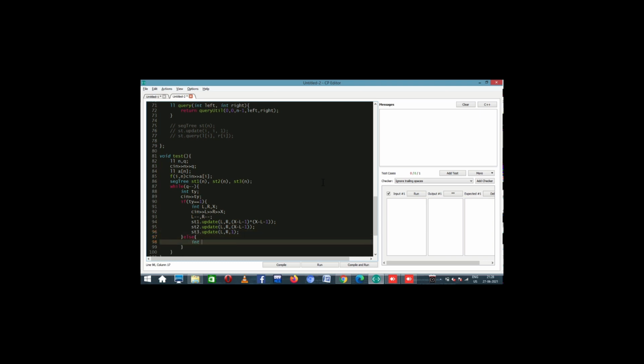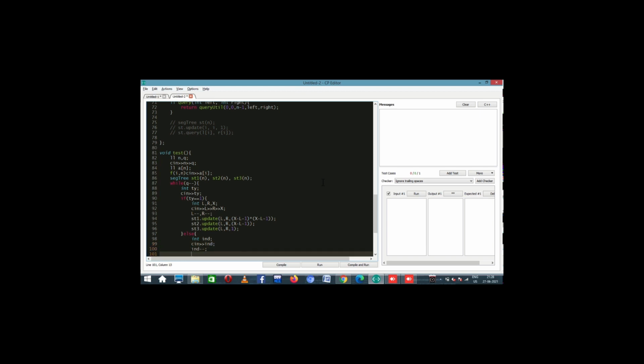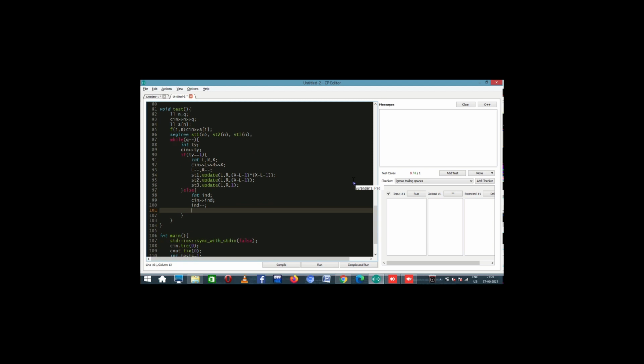Now when we say int index, some index we want to print, right? So we will now read the query, each of them. I'll first say index minus minus, and now we can proceed. How do we do that? Let us say the result from the first query, let us call it LL Q1, right? This will give me the square parts every time. And how do I do that? st1 dot query index to index.